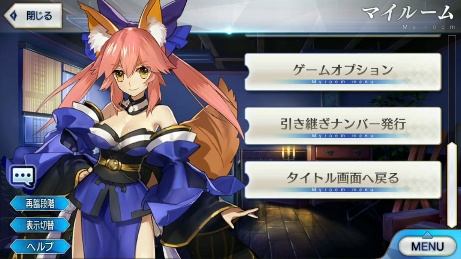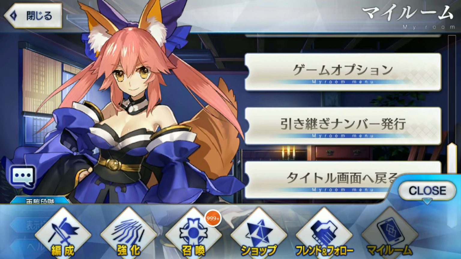So, first of all, if you are new in the game and you need to understand something, is that you need to keep your game safe. What I mean is, you need to save your progress. You need to create an account for yourself, and to do so, you need to enter in this option in my room. First, you go to the menu, then choose this one,